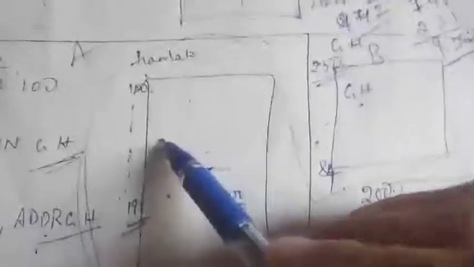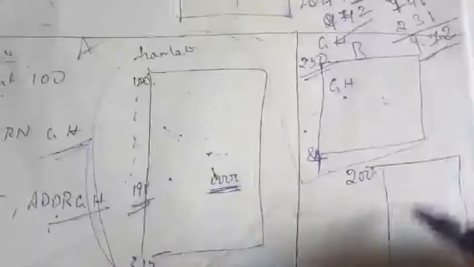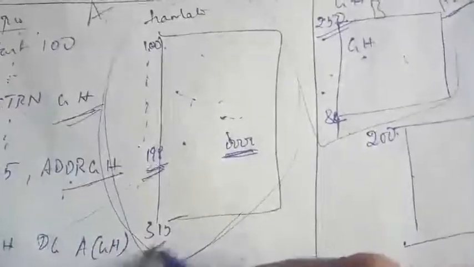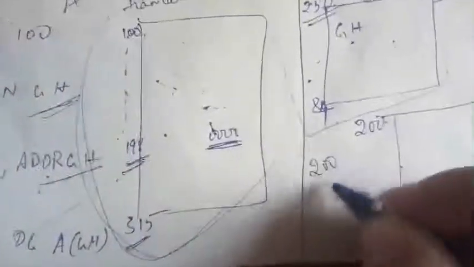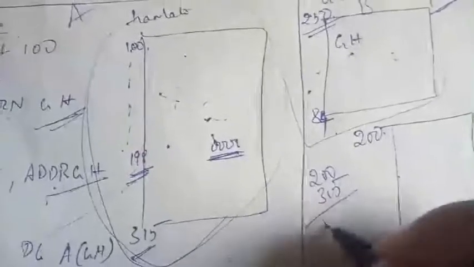Imagine the load address is 200. So this is the A program, this is the B program. How many programs do you have in this? Subprograms. A program, B program means in one single program you have 2 units. There is a calling function and a called function, right? So in a program you have a calling function and a called function. So 200 you are loaded from 200. What is the size? Size is 315. So from 200 to 315 means till 515 we load program A.